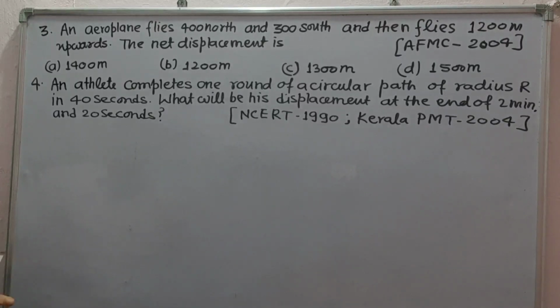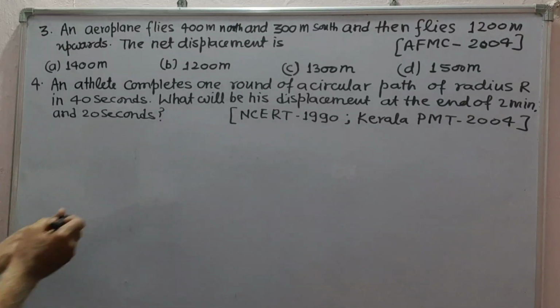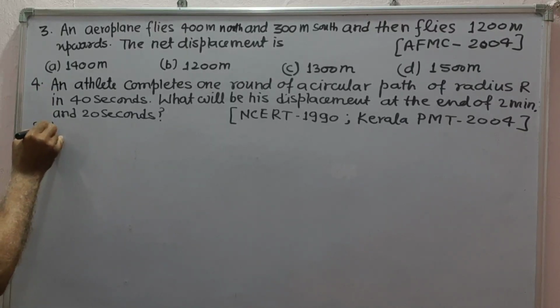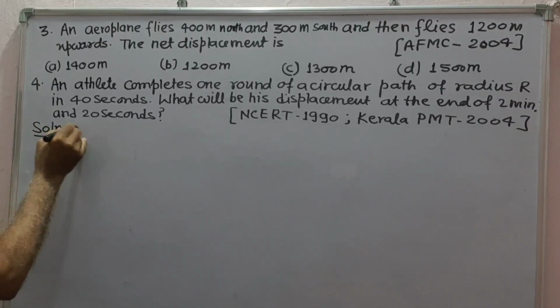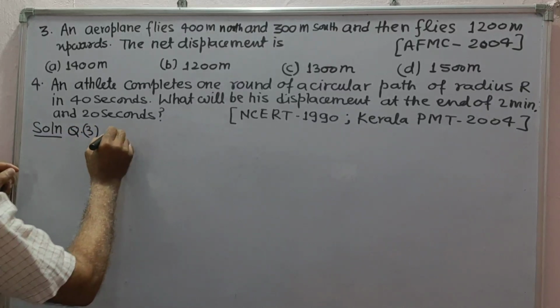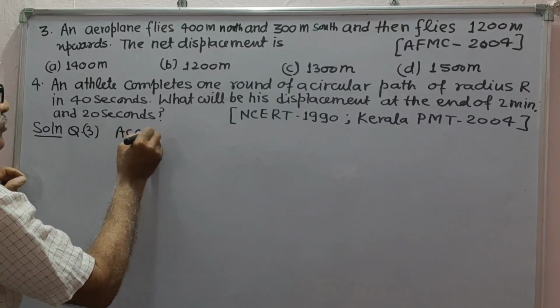Next question number 3. The question is, an aeroplane flies 400 meter north and 300 meter south and then flies 1200 meters upwards. The net displacement is, these are the options. Now, solution to question 3. According to question,